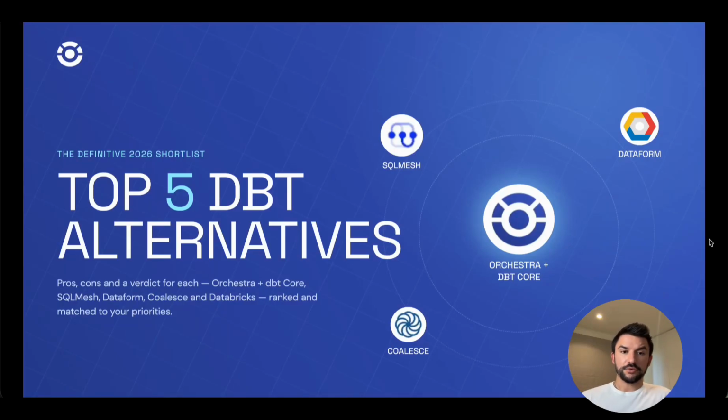Hey, so we are going to be looking at a tool that I probably spend way too much of my time looking at, understanding, reading into, fiddling with, and that is DBT. We are going to be looking at 5 ways to run DBT Core or something very similar in this day